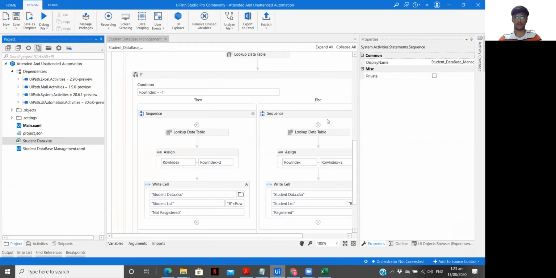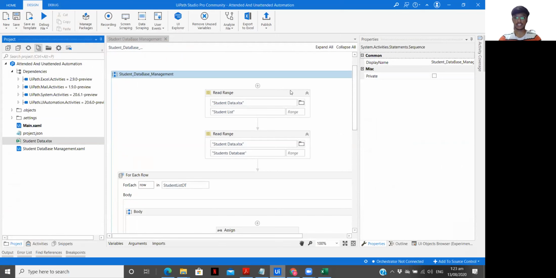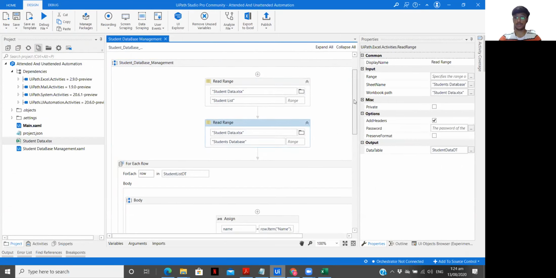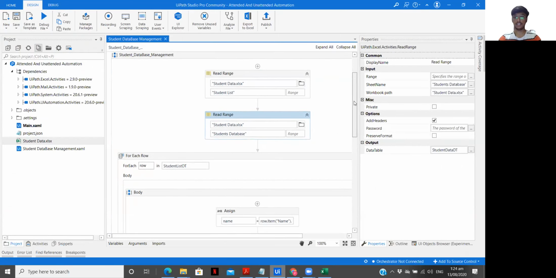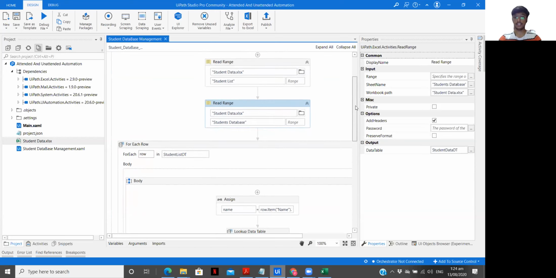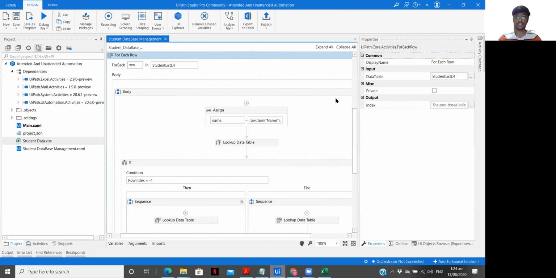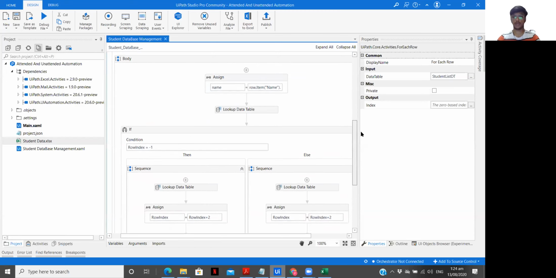In this video, we first started with reading our Excel file, which had two different sheets. One was the student list and the other the database, and we stored them in different data tables. Now for each row in the student list, we are looking for the same value in our students database. If the value is found, we mark it as registered. If not, we mark it as not registered.